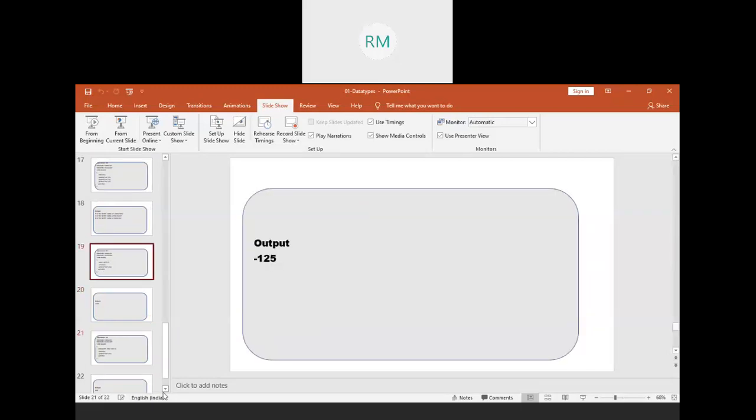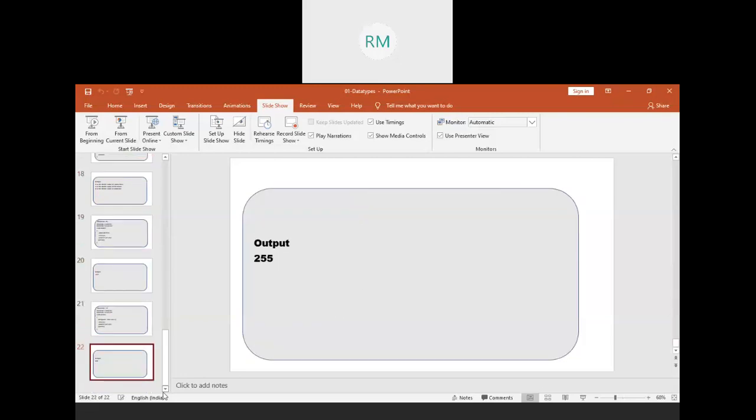So this is about signed, unsigned, and floating point values. Double means double precision. After the decimal point, maybe more than 6 places, 8 to 12 places, it will consider 8 to 12 places. Clear?